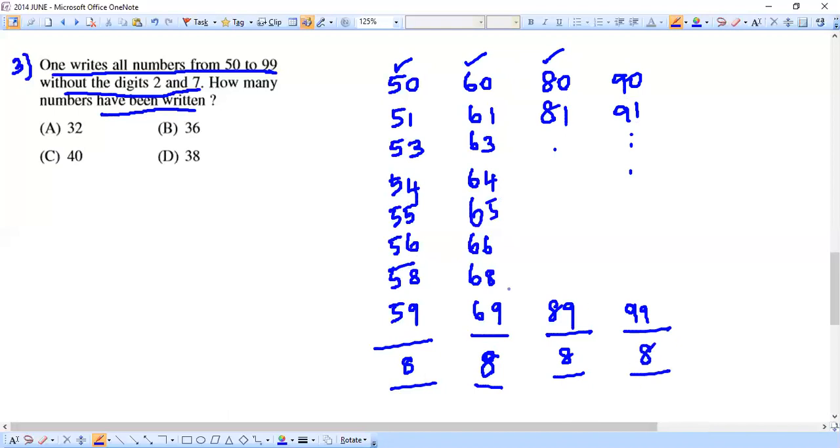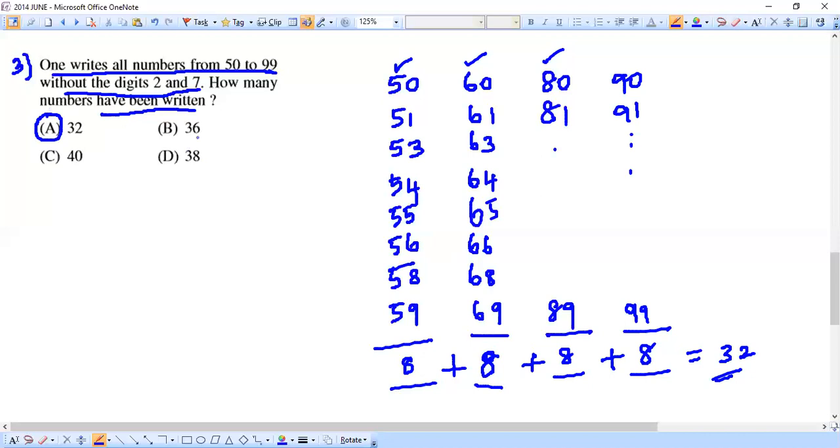So that means totally how many numbers can we list? 8 plus 8 plus 8 plus 8. So 8 fours we can do. Is it or not? 8 fours are 32. That means there will be 32 numbers in the list, which is matching with option A, and that is our